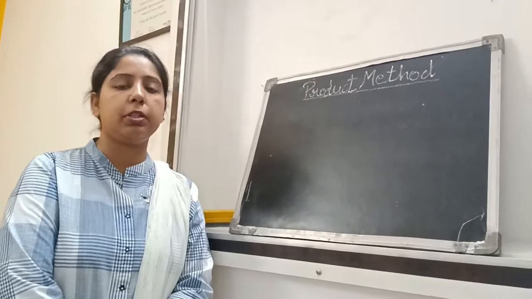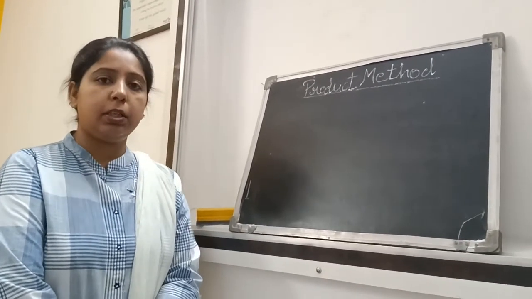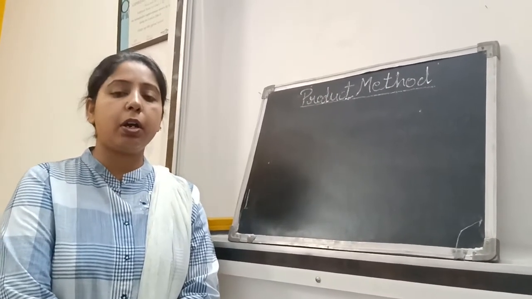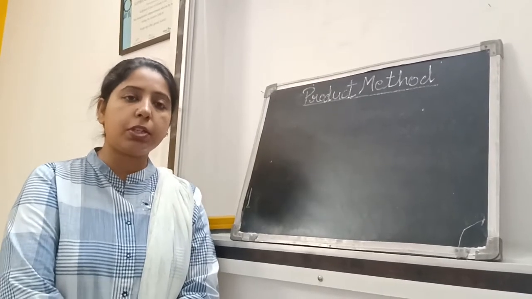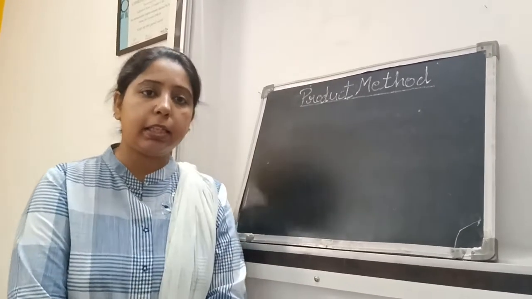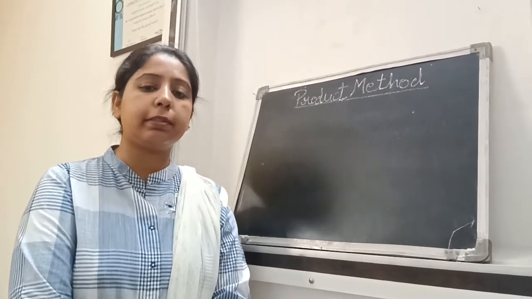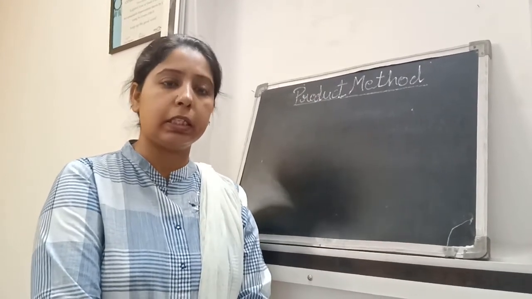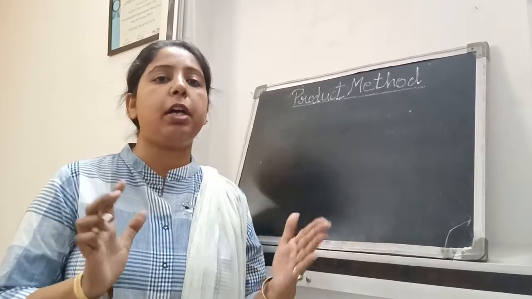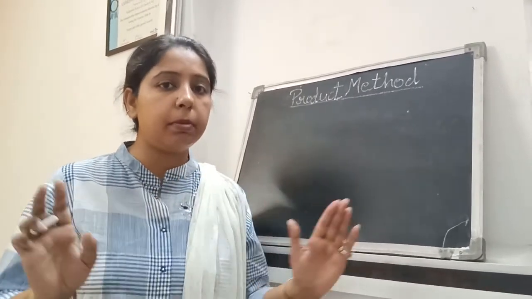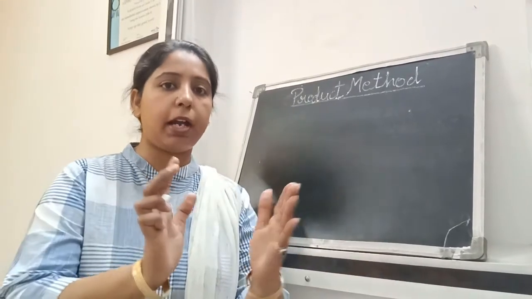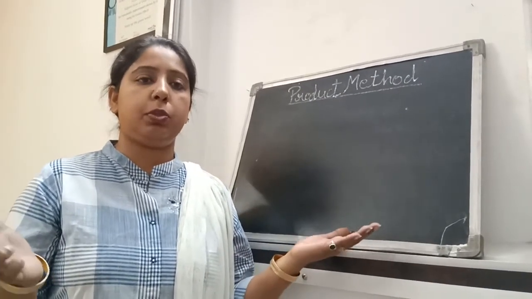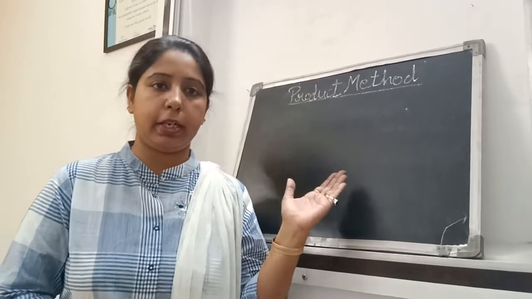This is part 2, in which I am covering the product method or the value added method for calculating national income. According to this method, we measure the national income by aggregating the values of final goods and services produced by all the firms in the economy in a financial year. So we are aggregating the values of the final goods only, no intermediate goods, right? When we add the final value of the goods, we get the national income of the country using the value added method. So let's start.